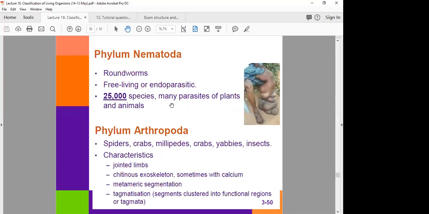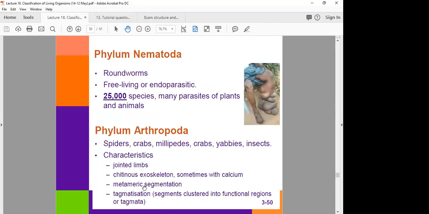25,000 species, and many of them are parasites of plants and animals. Next, probably the most diverse of the phyla, phylum Arthropoda. Spiders, crabs, millipedes, crabs again, yabbies, and insects. Characteristics of the arthropods include jointed limbs, an exoskeleton that contains chitin,